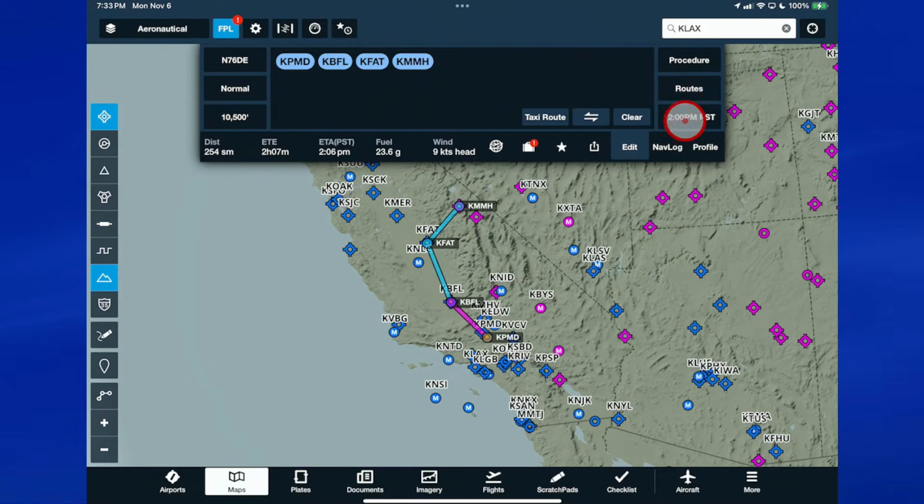Now we have 12 p.m. Notice this is on Pacific time, even though I am not in the Pacific time zone. Well, that's where the departure point is, and that's what time it will be when I'm leaving there at Pacific time. So you'll now see it's 5 minutes longer, and the ETA, if we take off at noon, will be 2:06 p.m. Interesting that 2 hours and 7 minutes, but we'll get there at 2:06. So I'm not quite sure where that extra minute went, but that's kind of an interesting factor.